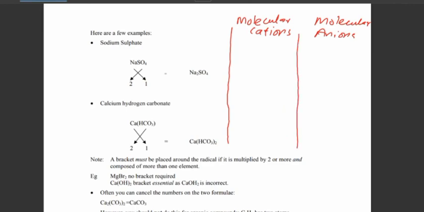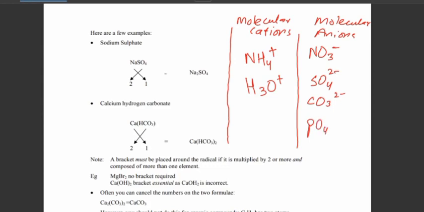Molecular cations are a few, means ammonium NH4, it has plus charge. Next is hydronium H3O, plus charge, but it is rarely used. Mostly ammonium is used. Okay. While the molecular anions are many more. Nitrate NO3 minus charge, sulfate SO4 -2 charge, carbonate CO3 -2 charge, phosphate PO4 -3 charge,